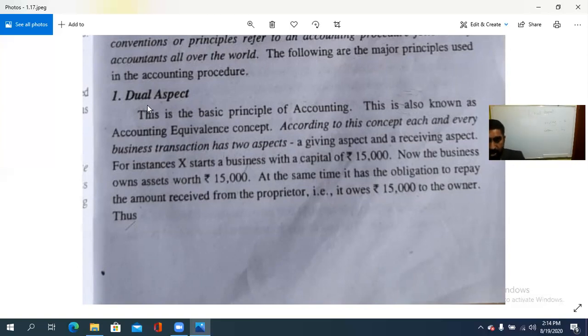15,000 വെച്ച് capital കൊണ്ട് ഒരു business start ചെയ്തു. ആ business കൊണ്ട് owns asset worth rupees 15,000. At the same time, it has the obligation to repay the amount received from the proprietor. അതായത് കൊടുത്ത ആൾക്ക് തിരിച്ചു കൊടുക്കേണ്ട ഈ 15,000ന്റെ ഈക്വലന്റ് ആയിട്ടുള്ള, so it owes 15,000 to the owner. In such a case,